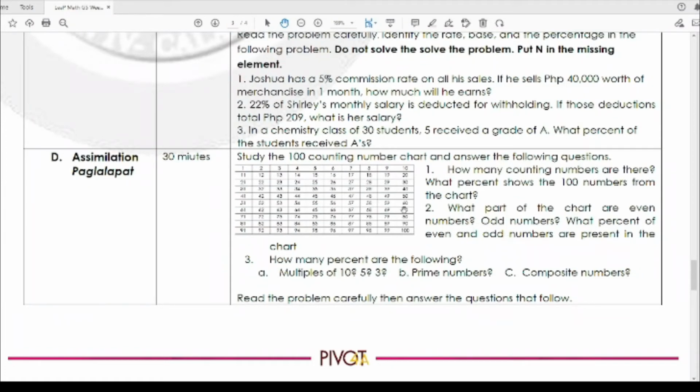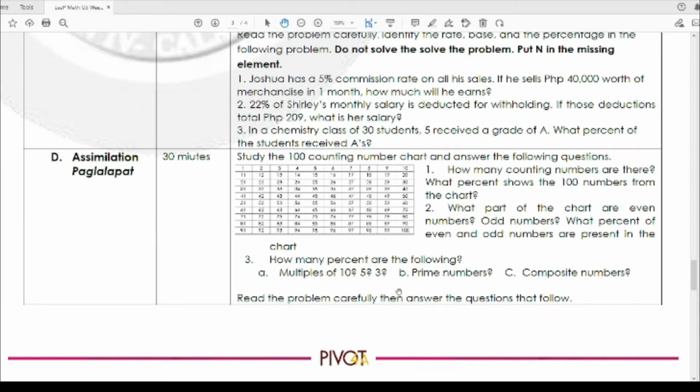So you will see those even numbers from the chart. Odd numbers. What percent of even and odd numbers are present in the chart? Number 3, how many percent are the following? Letter A, how many multiples of 10 are in these 100 counting numbers? Multiples of 5 in 100 counting numbers, and multiples of 3